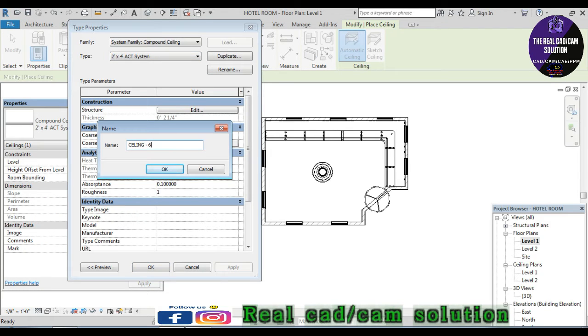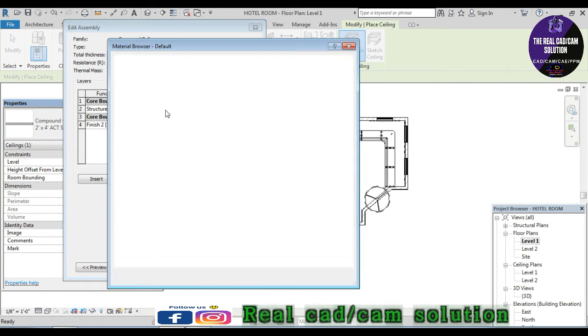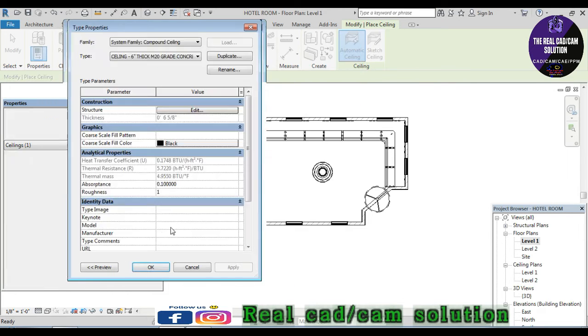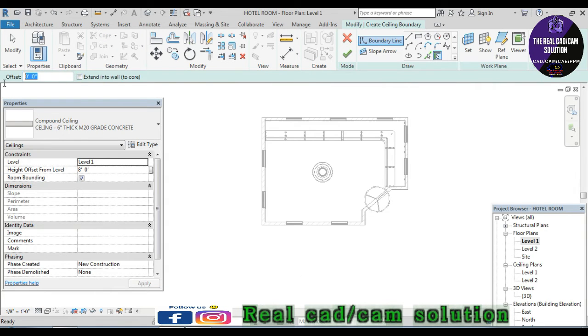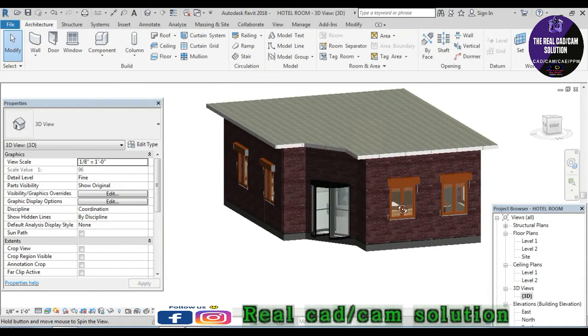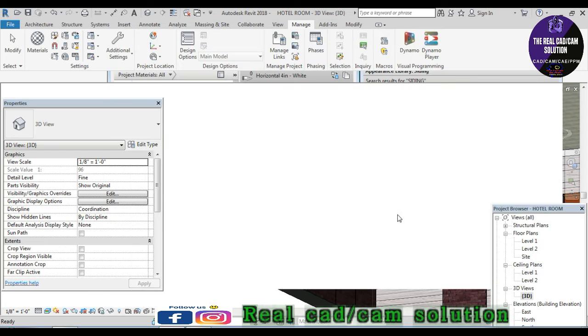Then go to create my ceiling design. Use the ceiling type named 6 inch thick M20 grade concrete, the same method, and give the thickness also 6 inch. Give the material as lightweight concrete. Click OK and go to sketch ceiling and select pick wall. Give the offset as 2 feet. It's the overhanging distance. Offset towards the end of the wall. Okay, it's finished. It looks a bit funny. And click.